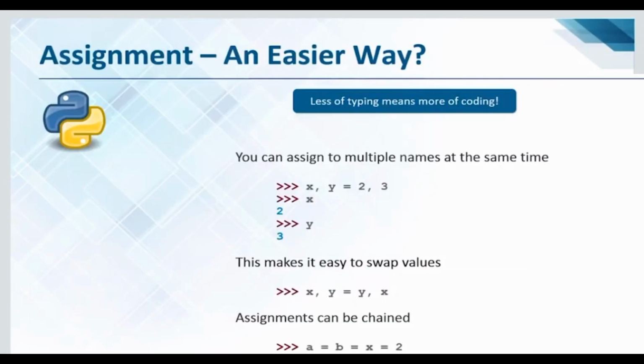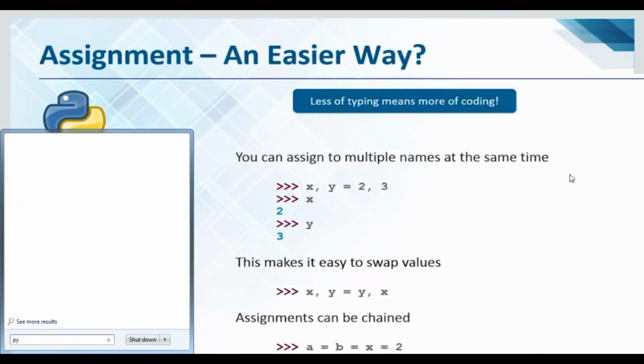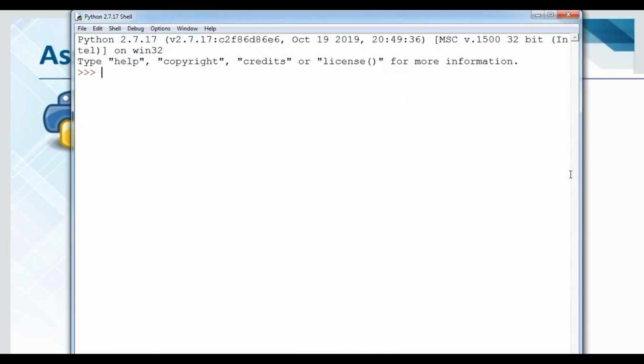Okay, now the next thing: swapping the values. I will close this and open Python once again. Okay student, in this particular program we will understand how to swap the values. Suppose I have two variables, x, y equals 10, 20. If I print the value of x, the output is definitely 10. If I print the value of y, definitely 20. Now I want to swap the values of x and y. It means whatever the value of x is assigned to y, and whatever the value of y is assigned to x. That means swapping.